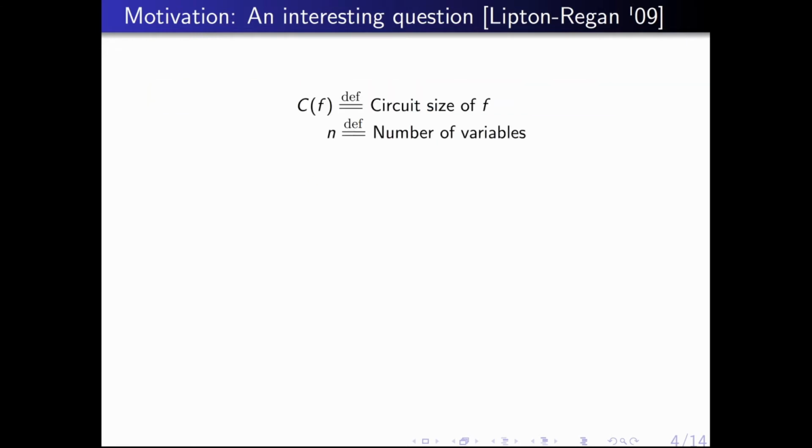A small notation: C_f denotes the circuit size of f, and n is the number of variables. So they basically tried to investigate these two inequalities. The first one is whether the circuit complexity of f_sym is upper bounded by that of f with some extra poly(n) additive factor. Similarly, the other way around, whether the circuit complexity of f is upper bounded by the circuit complexity of f_sym with some extra additive factor. From these two inequalities, it is easy to see that the first inequality is in fact true.